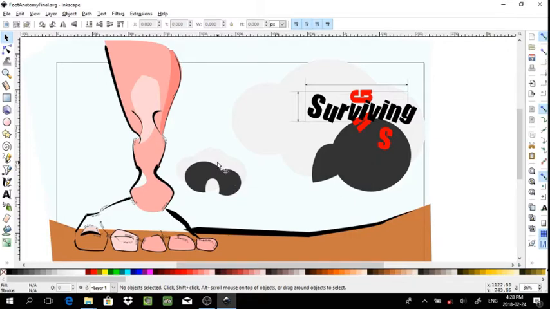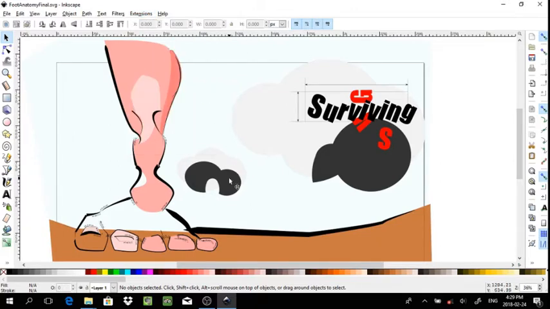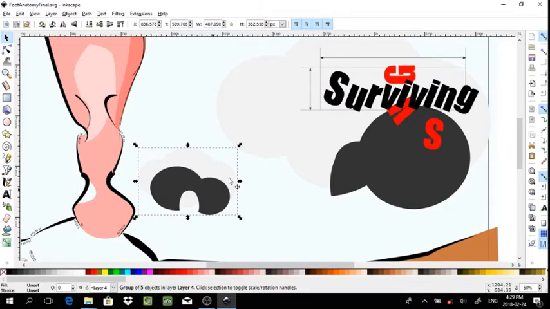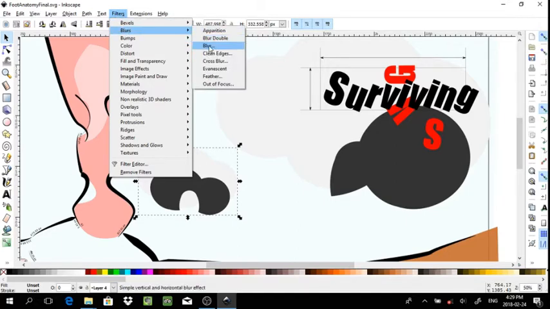A filter will try to change the appearance of the stroke or the fill, as well as some extensions which will behave in a similar way or might even create an object which is generated from information you provide to it. Now, to apply a filter, you would select your object and select filter and select the category you want